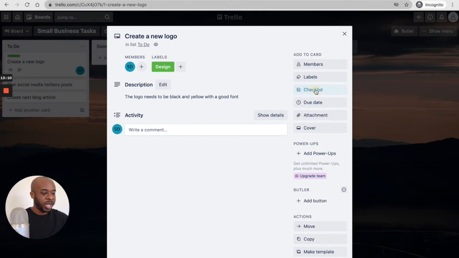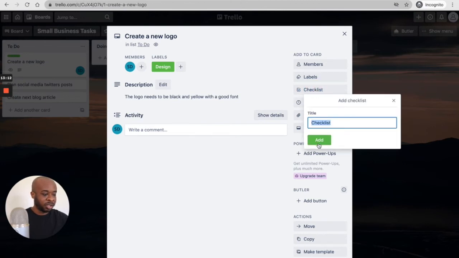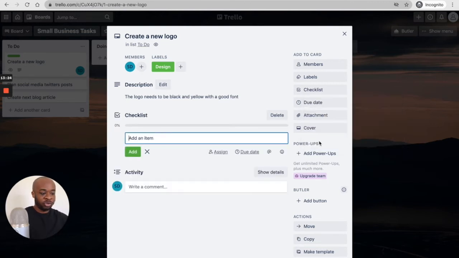Next, we have the checklist feature right here. So you can actually use this to break down your tasks even further into various actions that need to be completed for this overall task to be completed. So in this example, maybe it will be